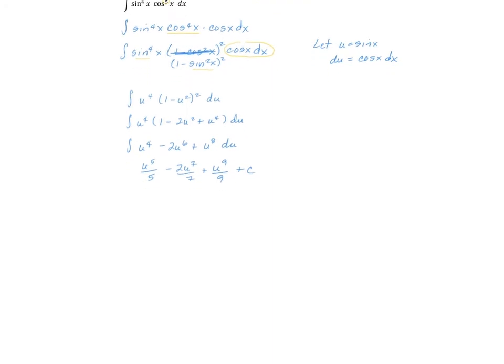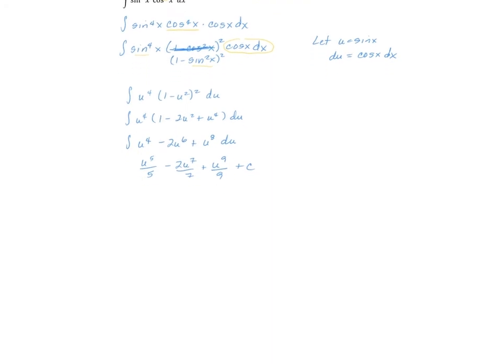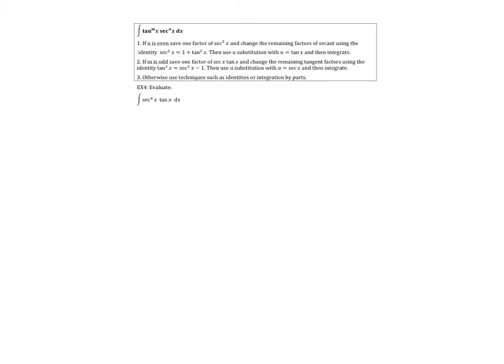So last step would be to substitute the sine for the u. So we'll have sine to the 5th over 5 minus 2 sine to the 7th over 7 plus sine to the 9th over 9 plus our constant c. And we are done. So let's go on to the next page, and what we're going to discuss now is